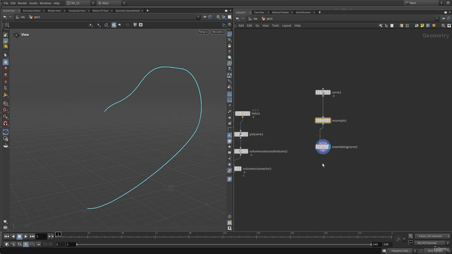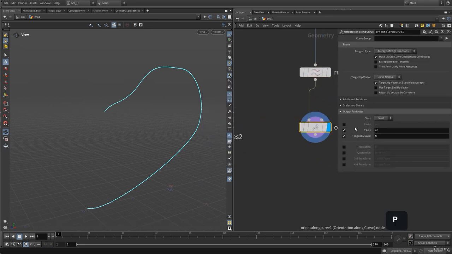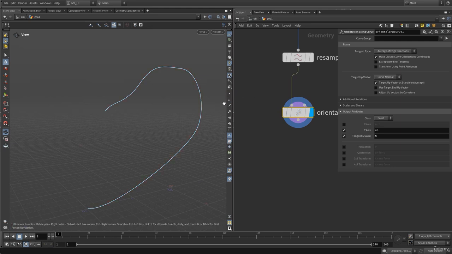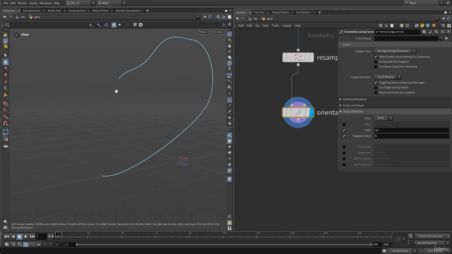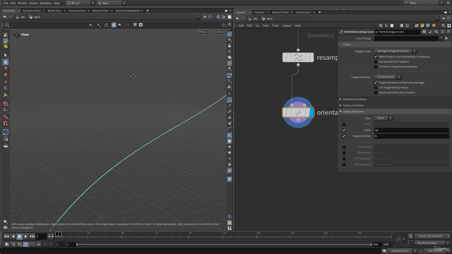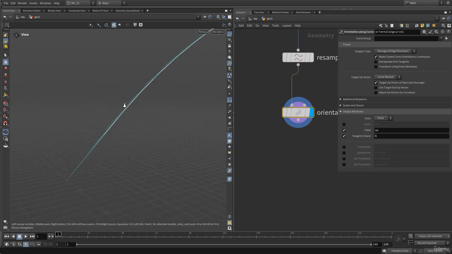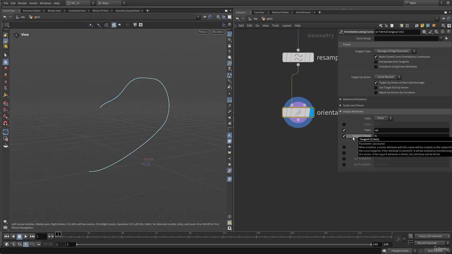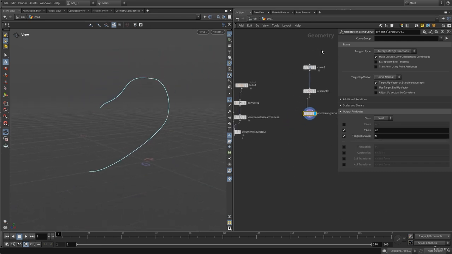So let's add this, and on the orientation along curve, we have the option to output the attributes. And same thing in here, we have the tangents. So right now we are exporting our tangents as an N, which means I can visualize my point normal. And here you will see, if I zoom in, here we have the normals, or these normal vectors. There are a lot of ways that you can export your tangent attribute, and I'm going to just remove